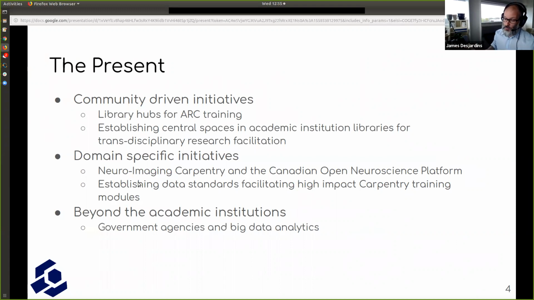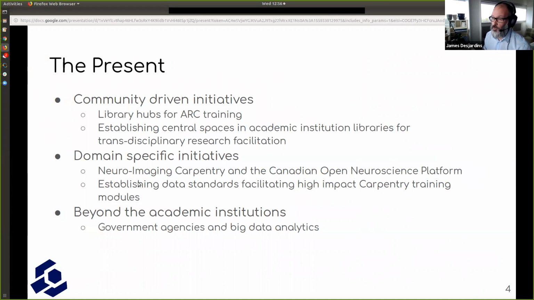And then the third point that also came up during the introductions is, beyond the traditional academic research institutions where Compute Canada has been spending most of its time, the demand for big data analytics and scaling things beyond spreadsheets and things like this is really coming up in a lot of government agencies and other organizations that are trying to take advantage of the types of processing that we have the capacity of, both in terms of computational power, but also in terms of what we know how to train people within a reasonable amount of time.